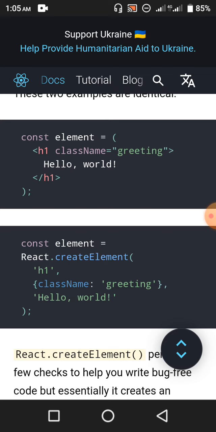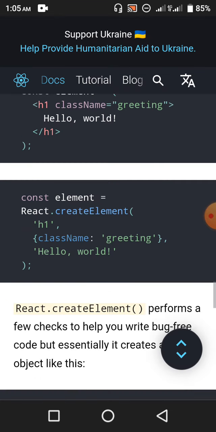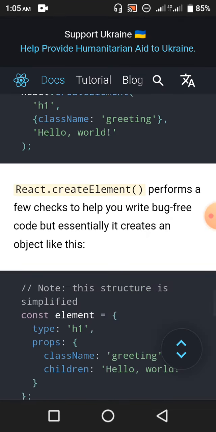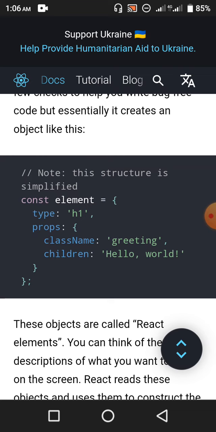So it's an object, comma, "Hello, world." It is also in single quotation, after that parenthesis closes and semicolon. The React.createElement method performs a few checks to help you write bug-free code, but essentially it creates an object like this. Comment: note, this structure is simplified. const element =